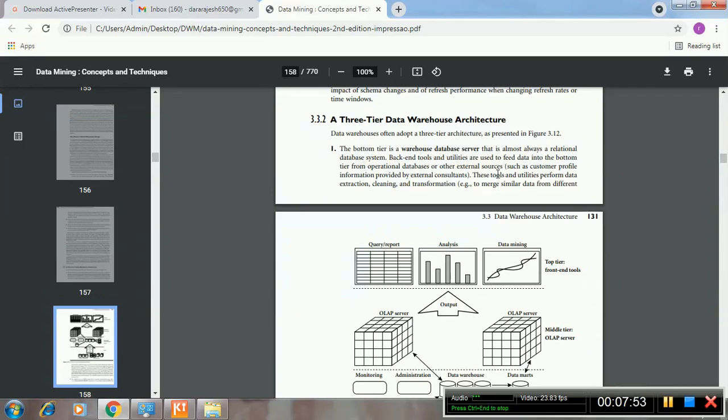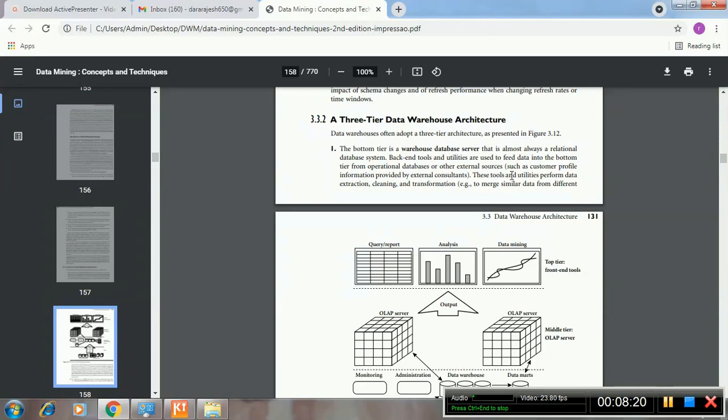What is the meaning of feeding? Giving input to the data, such as customer profile information provided by external consultants. For example, what different types of customers we have; that information is provided by external consultants, that is, mediators.